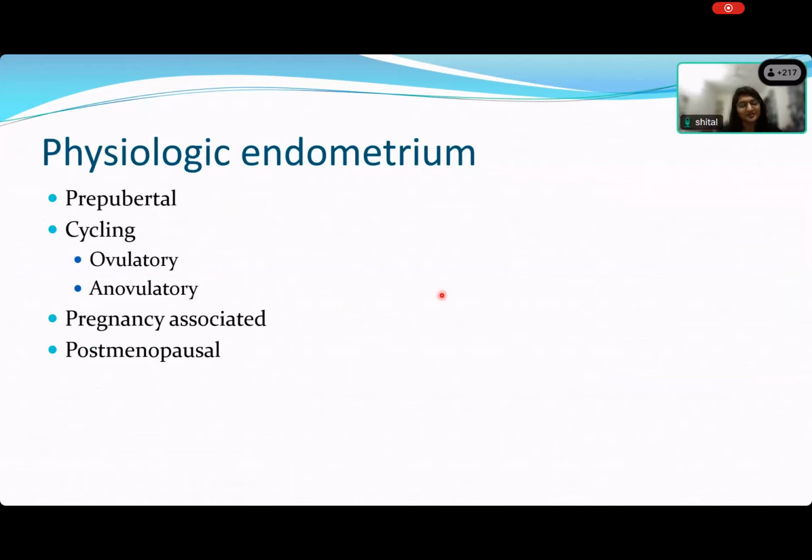Ma'am, mostly it is physiological in the case of pre-puberty, which is normal. Not pre-pubertal, it's post-pubertal, my dear. Yes, you're right. So anovulation is perfectly physiological, and when? Pre-menarche. Again, you're saying pre-menarche. What is menarche, Sheetal? Do you know what is menarche? All right, somebody has to tell what is menarche.